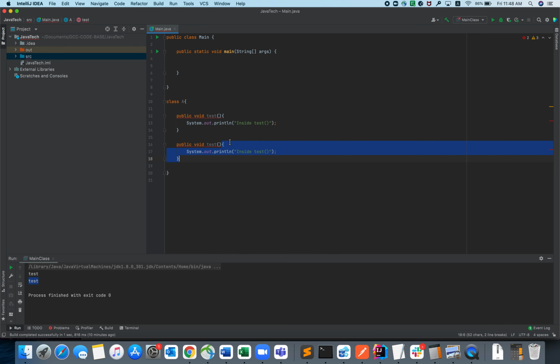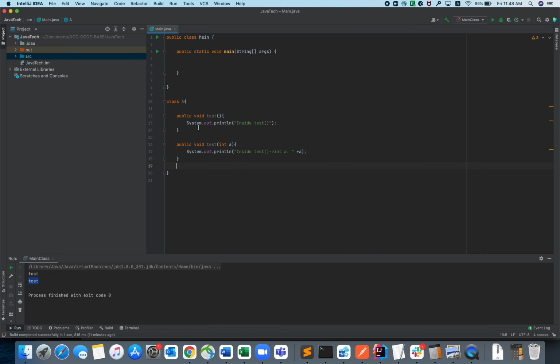So to resolve this compilation error, I'll just keep an integer argument inside the other method. Let me keep int a, right? So I'll print that I'm inside the test method which is taking int a, and then here I'm printing the value of a, right?